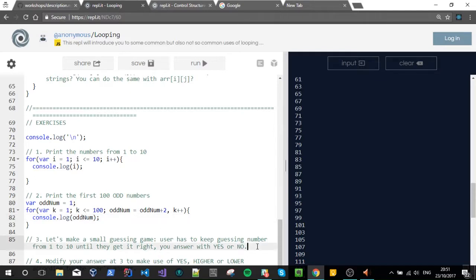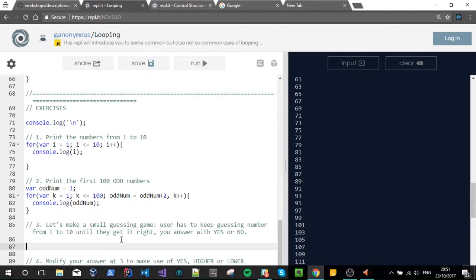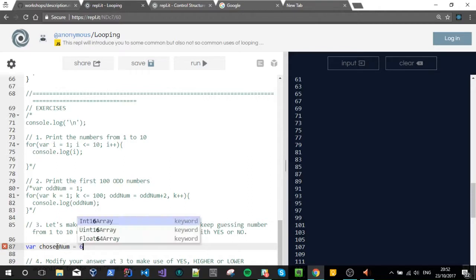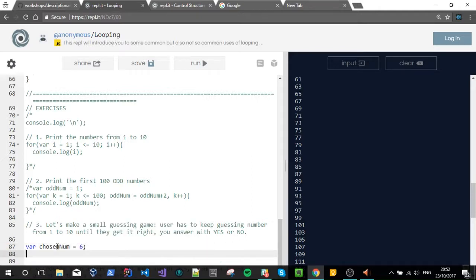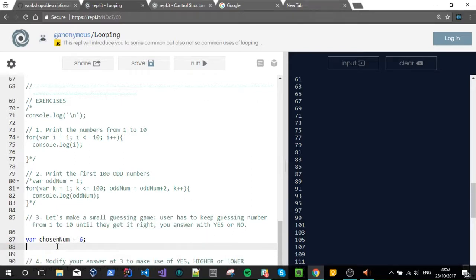Good. Now let's get to the one that I would really like to talk about, which is 3. So it's, let's make a small guessing game. And what is this guessing game? It's basically saying, I want you to give me a number, and I have my number that I know I'm thinking of, so var chosen num equals 6. I'm thinking about 6. So what I want you to do is keep guessing